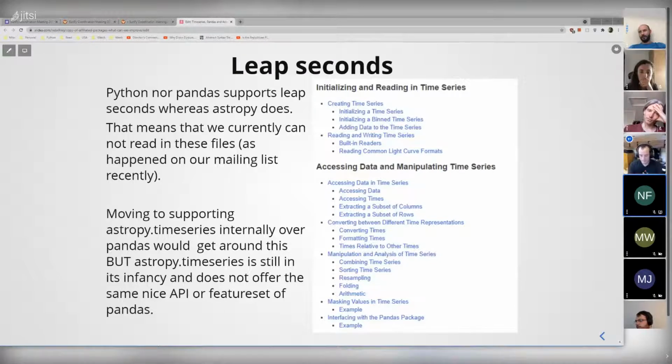Is AstroPy time series based on AstroPy tables? Yes. AstroPy time series is an AstroPy table that has a time object as its index and has a bunch of time series specific manipulation methods on it. Okay, that makes sense. How do they compare to pandas? I know the answer is going to be that pandas has got a lot more funding, but from a core essential point of view,